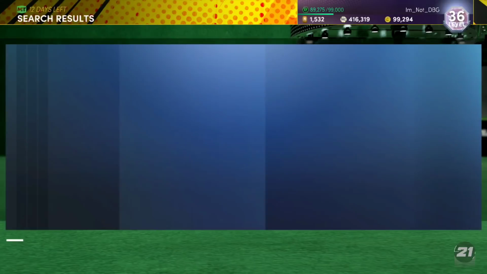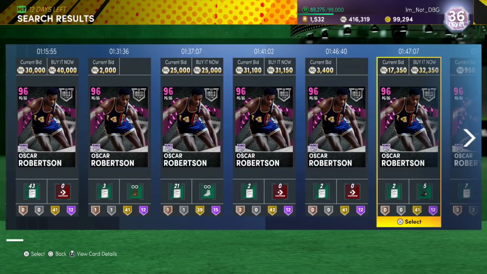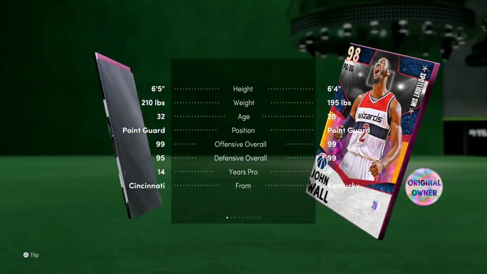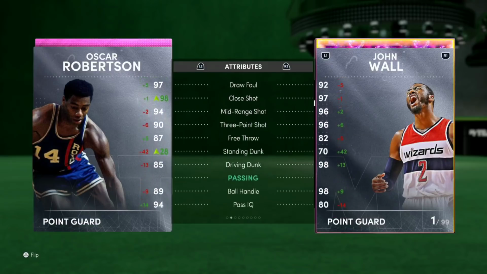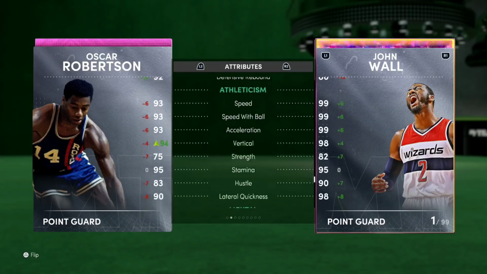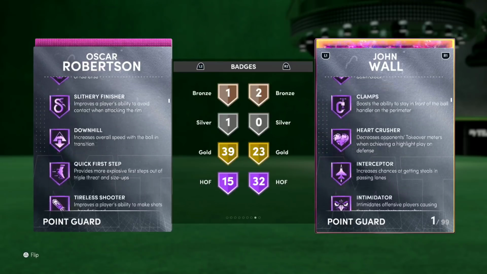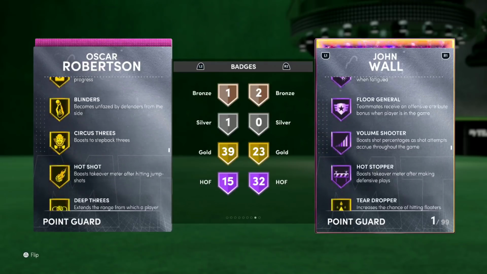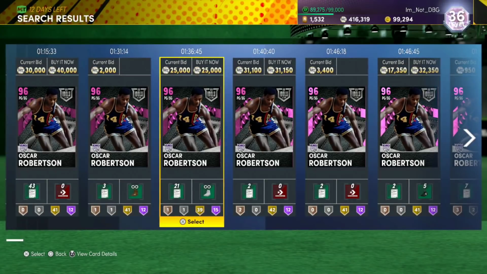Let's see what price he is. He's like 19k. If you're looking at Oscar Robertson, he's 6'5", he's got a long wingspan, decent post game, a really good 3-ball, good driving dunk, good steal and perimeter defense, good speed to ball acceleration, good lateral quickness. His release is kind of iffy. On next gen, he comes with gold steady, but that's gold blinders on next gen. I would be half tempted to put him in as my point guard on next gen, but he doesn't quite have the release of Luka. I think